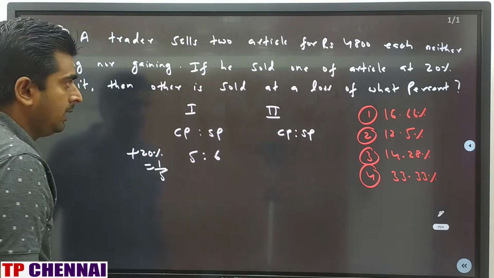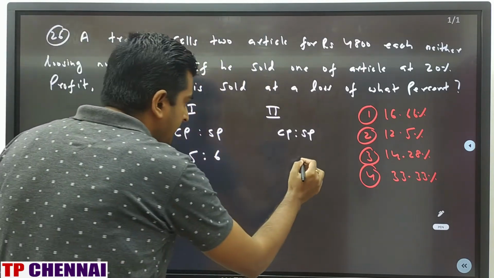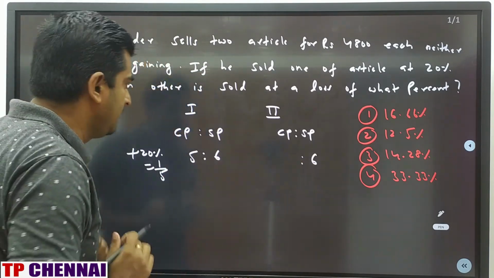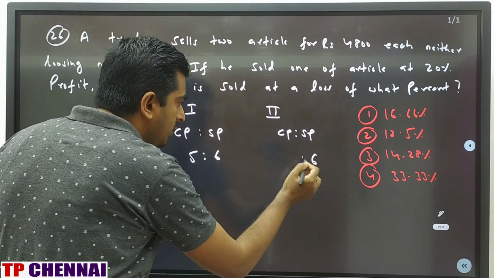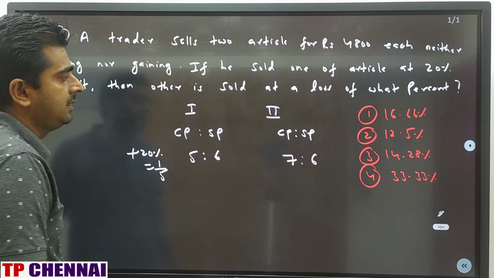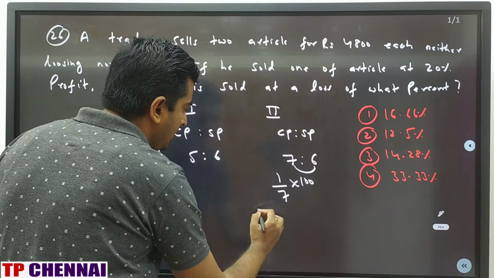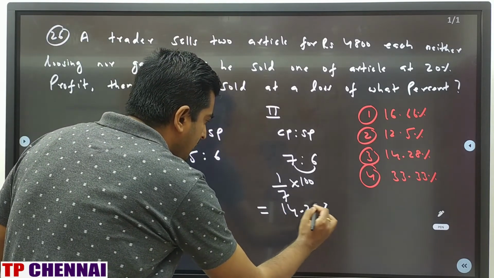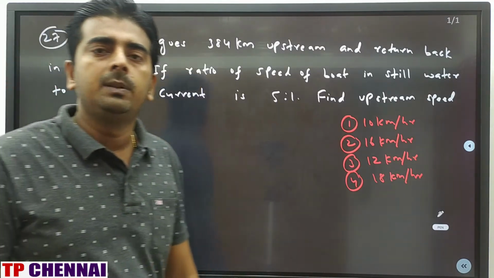One more. Selling price is same. That is what they have given you in the question, right? If selling price is 6 here, selling price is 6 here. And he is getting neither profit nor loss. That means CP is equal to SP. Right? That means here he is getting 1 rupee profit, so here he should get 1 rupee loss. So that means here it should be 7. Now they are asking at what percent loss the second article is sold. How much loss? 1 by 7 into 100. What is the percentage value of 1 by 7? 14.28%, which is third option. So I hope you are clear with previous one. Now we'll see next one.